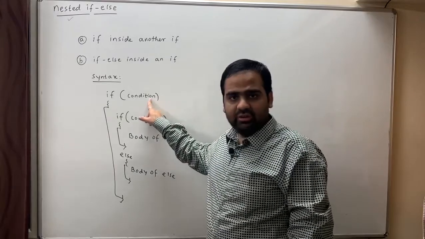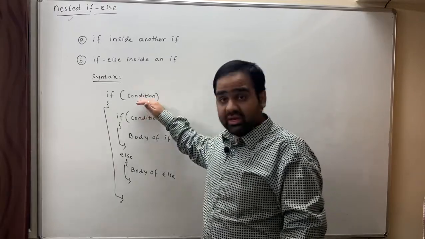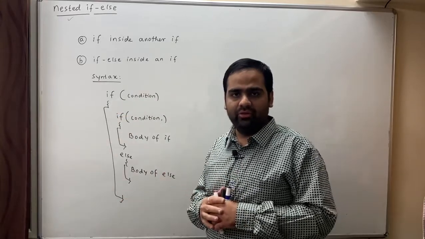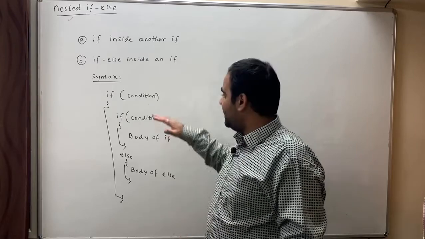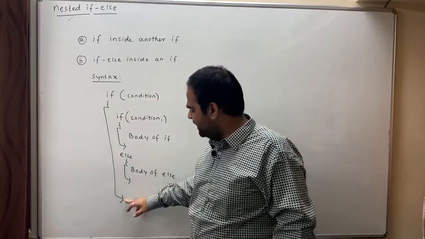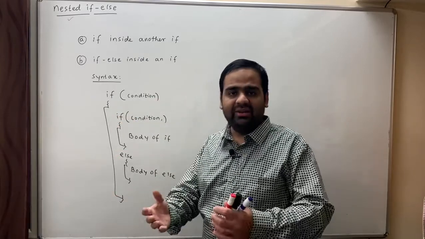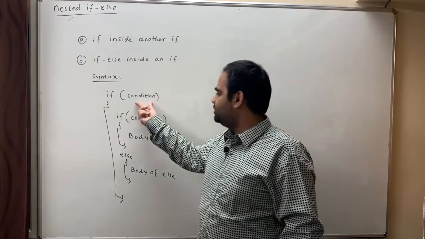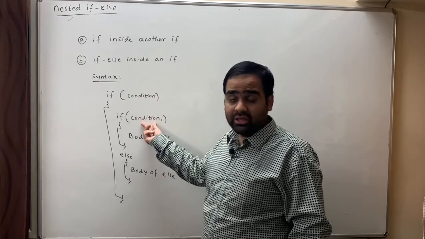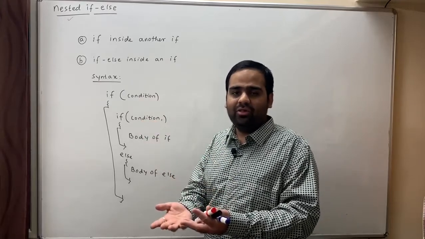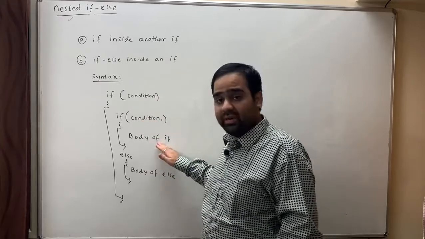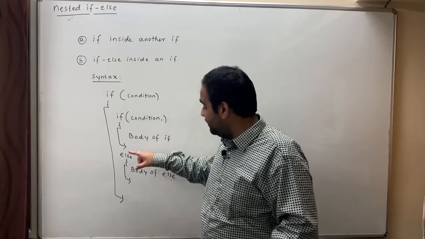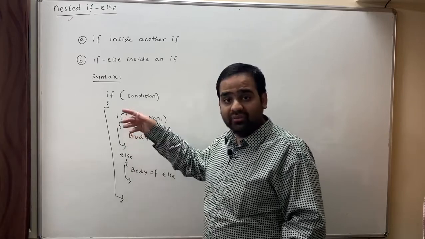First the condition will be evaluated. If this condition is true, then only this complete body of if will be executed, right? And if this condition is false, nothing will get evaluated and it will come out and evaluate the next set of statements. Assume that the condition is true, then it will evaluate condition 1. And if condition 1 is also true, then the body of if will be executed, body of else will be skipped. Remember that else is always associated to the previous if.